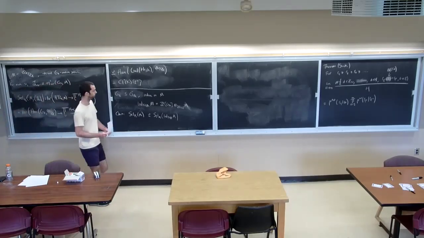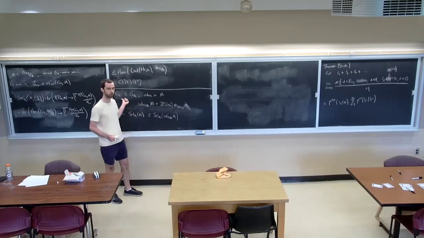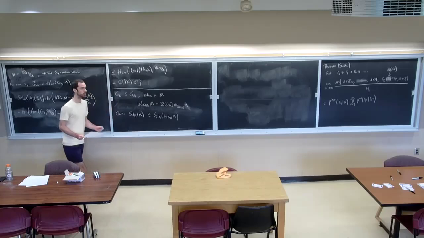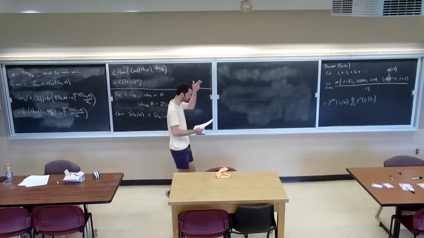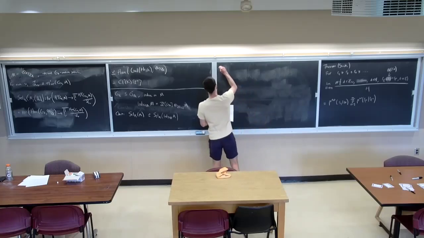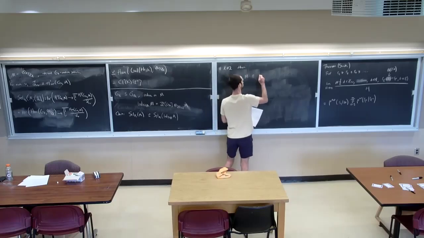Otherwise, there's no real reason that there has to be something that distinguishes that this M came from a GK module. And so maybe somewhere inside of here we can see the twisting action. And to that point, I'm going to claim that there's an isomorphism